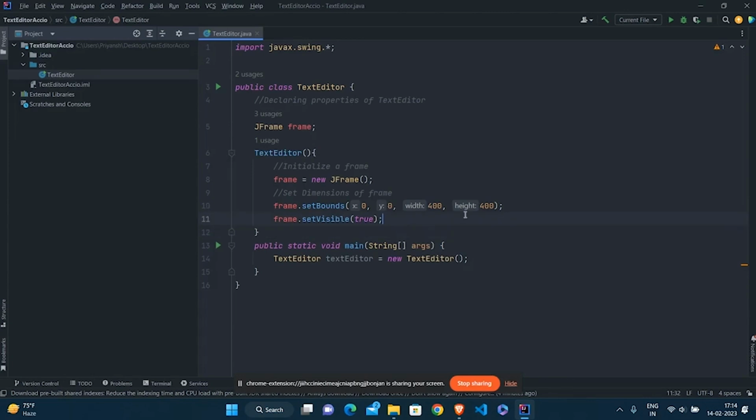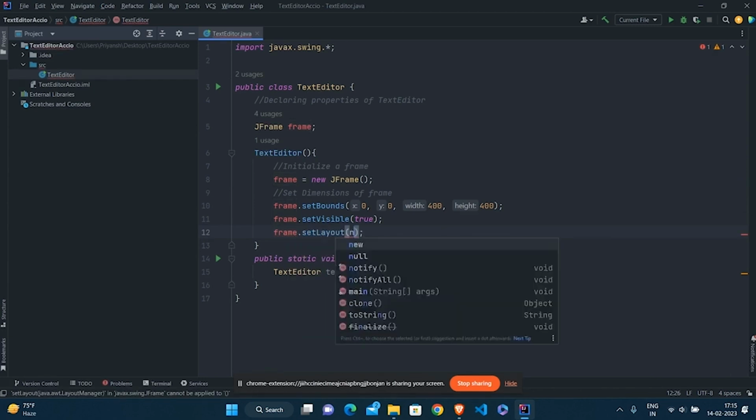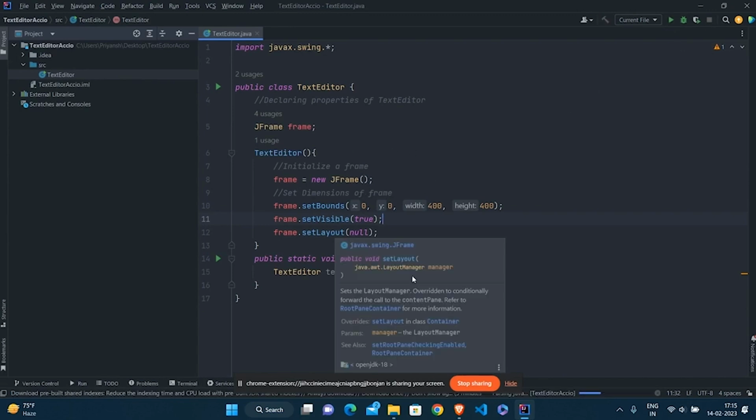And after that, I will be doing frame dot setLayout. That is going to be null. And when I click on this run TextEditor.java button, when I run this complete class, let's see how it looks.